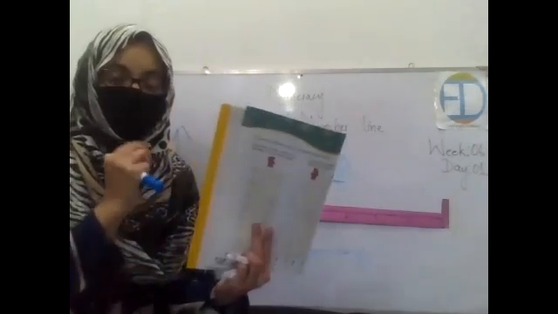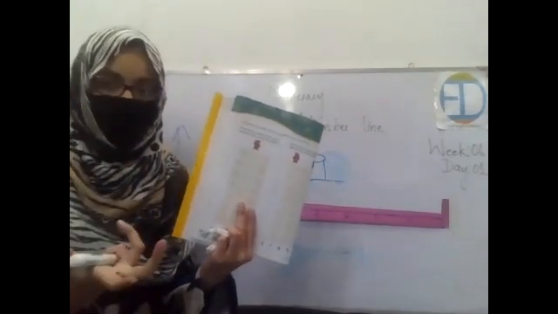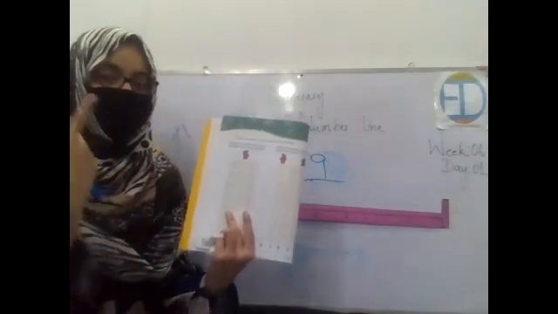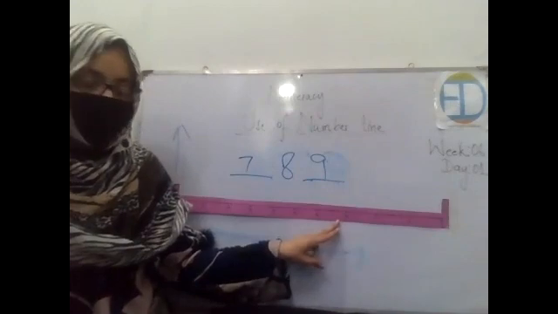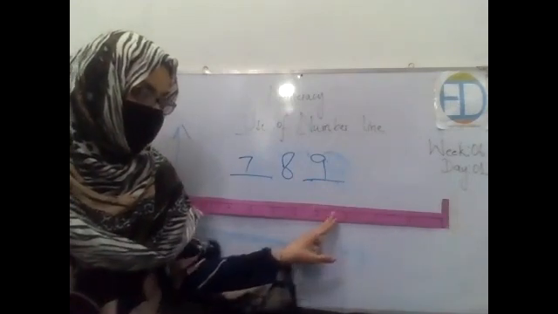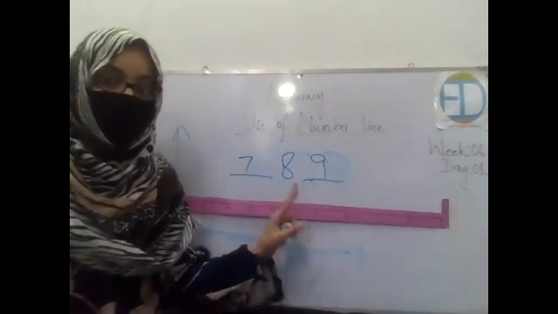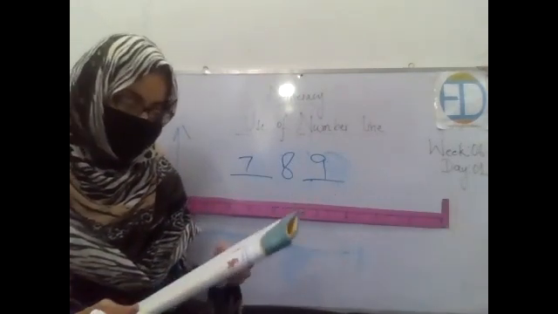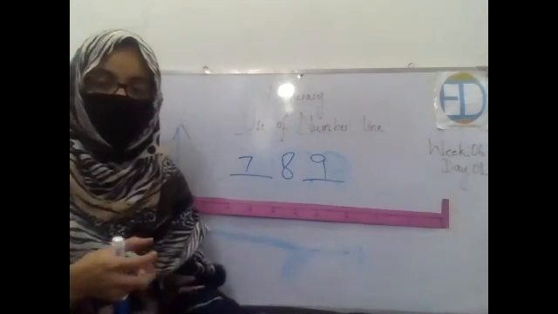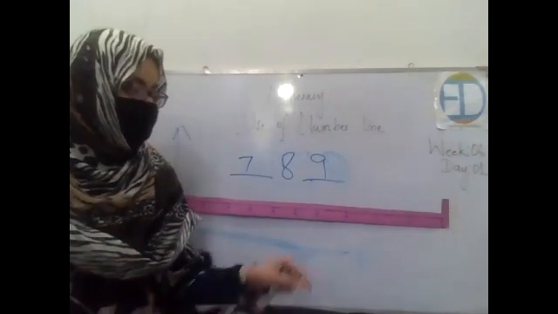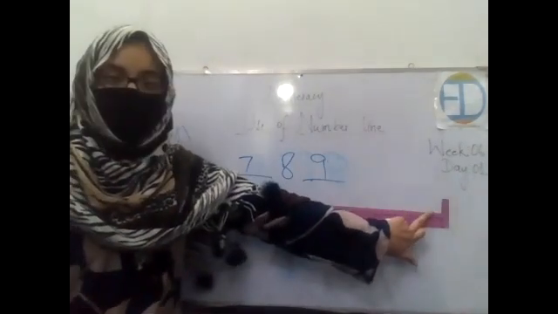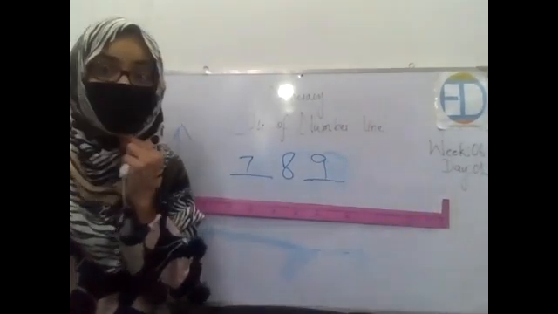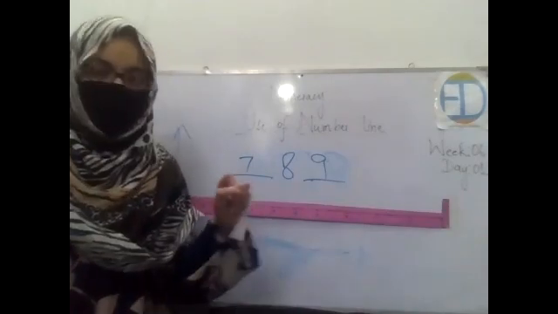First, let's solve the question of what comes in between the two numbers. The very first one is 5 and 7. So look at the number line. How many numbers are in between 5 and 7? Only one, and that is 6. Hurry up, write it down. Now look at the second one. How many numbers come between 8 and 10? Only one, right? And what is that number? It's 9. Excellent. So write it down.